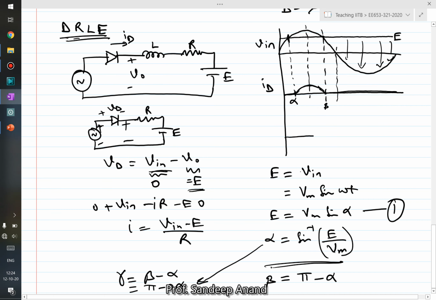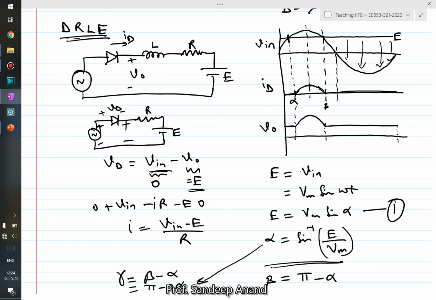And therefore, if you draw the output voltage, how will it look? Initially, when the diode is not conducting, the output voltage is equal to E. Then it conducts, so it follows the input voltage, then again it clamps to E, and it remains at E till the next cycle begins. So you can now use this waveform to find the average value of the output voltage. You can find the average value of the current, which could be the armature current if you're talking about a DC motor, and so on. This is only if you have R and E.